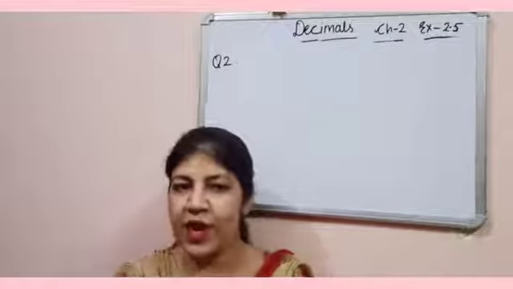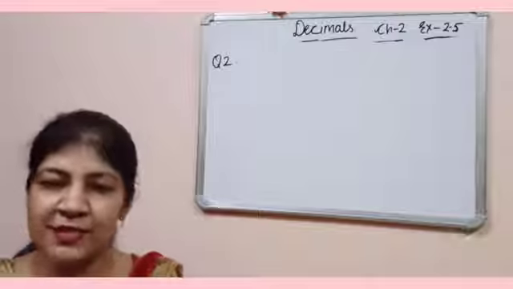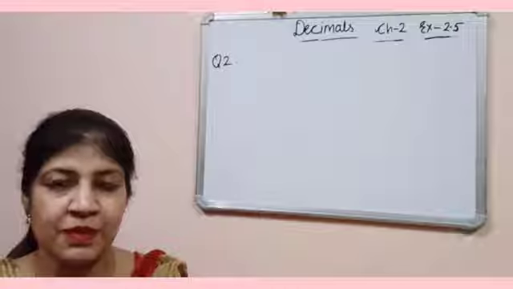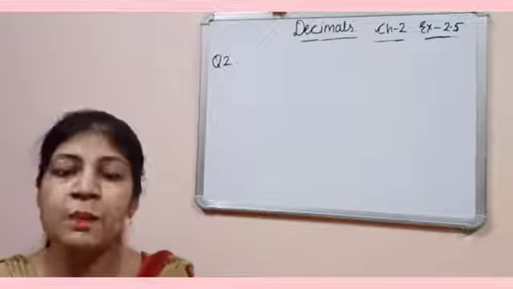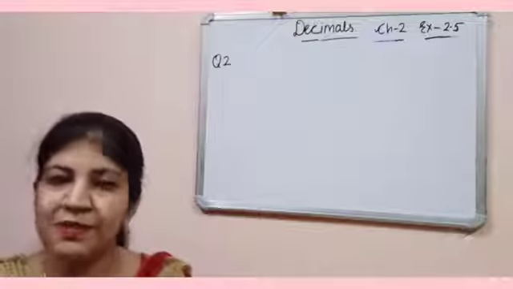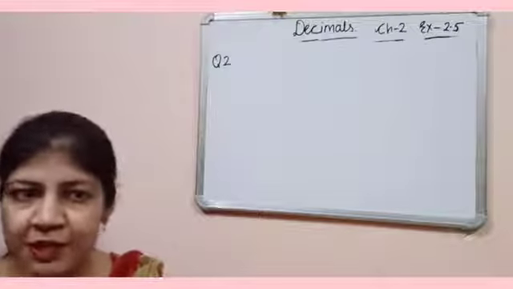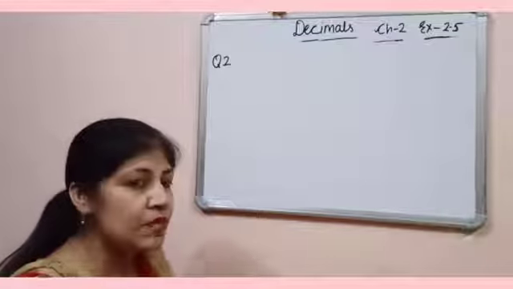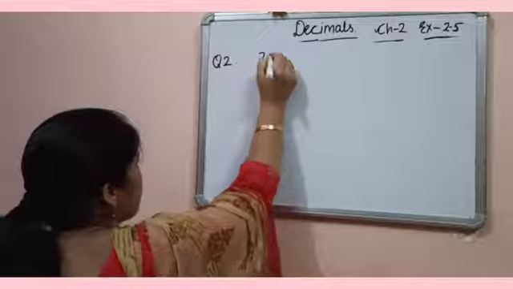Dear students, we have learned what decimals are and what the use of decimals is in our daily life. Now, one more use of decimals is for converting lower units of money, length and weight. Now, let's start with money. We know the units of money are rupees and paisa, and you know the relation between rupees and paisa.